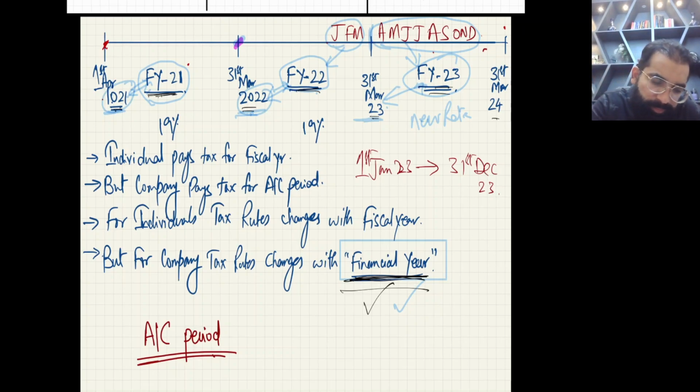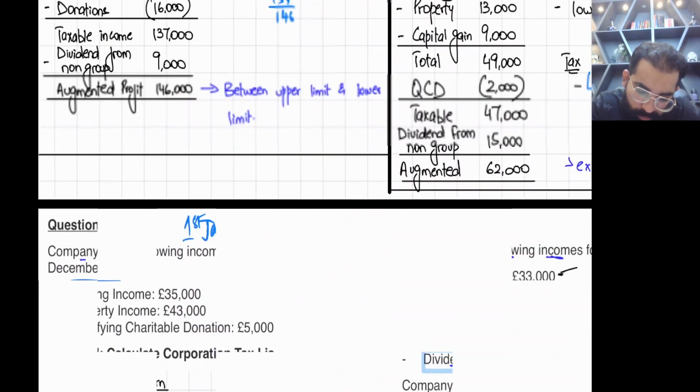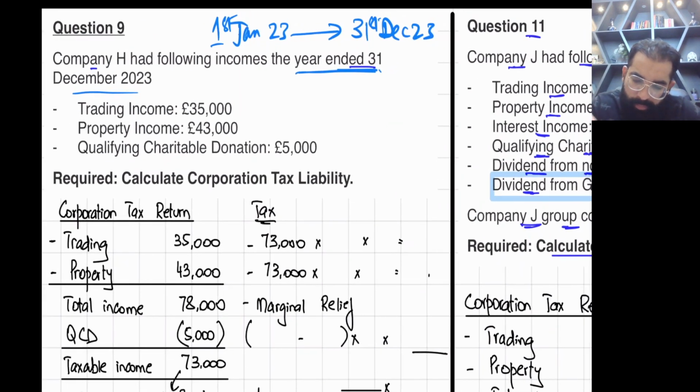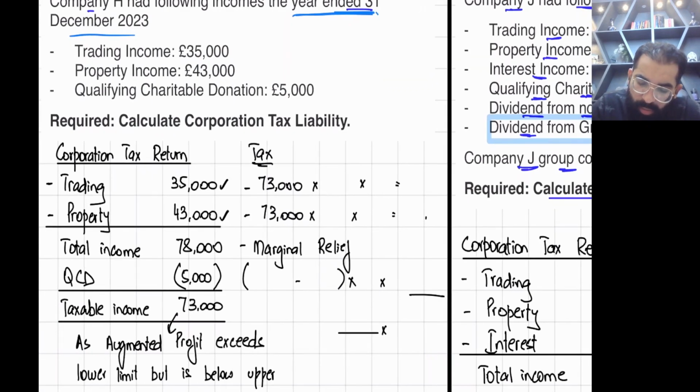Let's start the question. This is the question. Listen. Company had the following incomes for the year ended, see, for the year ended 31st December 23. So 3 months in the last financial year and 9 months in the current. 9 months with new rules. Trading income, yes, you can write here, then property, total income, then QCD, taxable income, and now